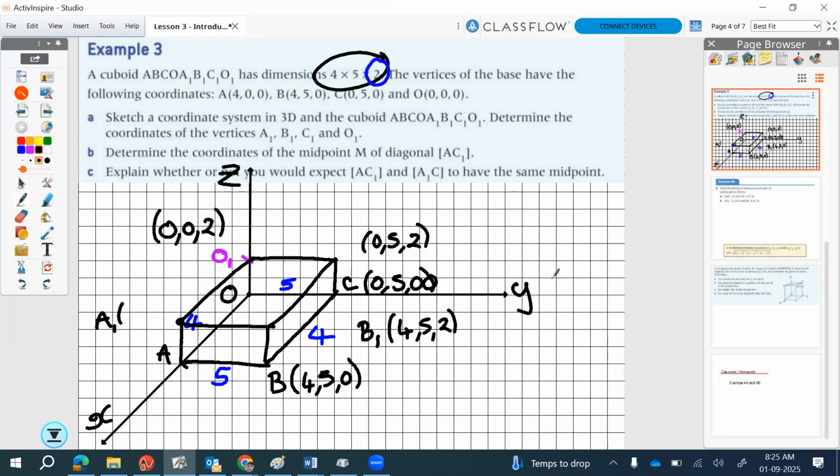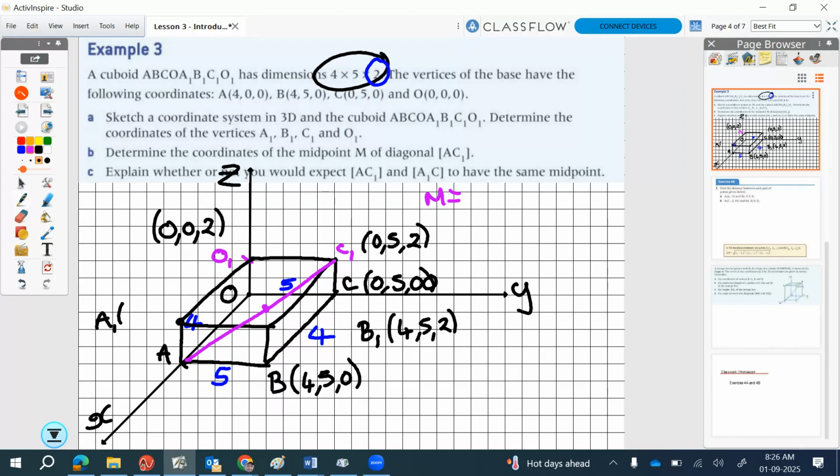Let's have a look at, so we found the coordinates, we need to do B. Determine the coordinates of the midpoint M on the diagonal AC1. So A is down here in the bottom corner, and C1 is this point here. So we have a diagonal up through the shape like this, and we need to find the coordinates of this midpoint here. So we can use the formula for the midpoint,